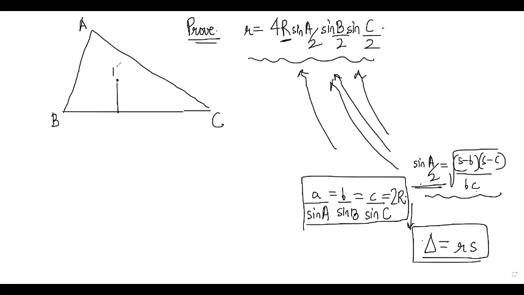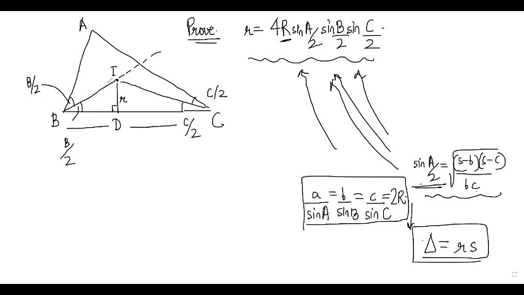So this is the incenter and I have drawn an angle like this. Angle bisector. That is how I constructed my incenter. So this is half half. This angle will be B by 2. This angle will be B by 2, correct? And similarly, this angle bisector also is there. So this is C by 2 and this is C by 2, right? Now, this is my R, this is perpendicular. Now let's focus on this. So can we make this BD? What is this BD and what is this CD? Let's try to figure that out.